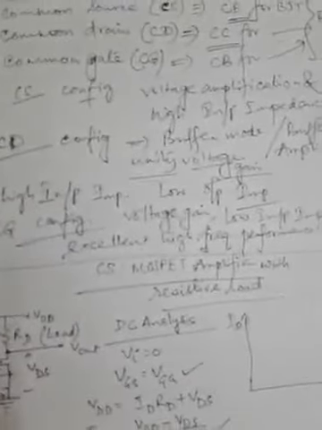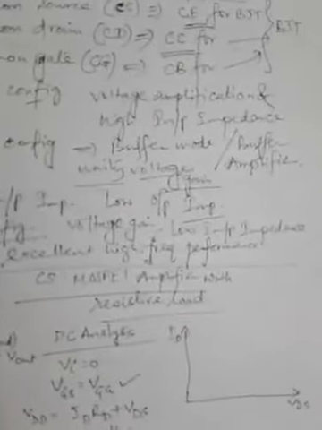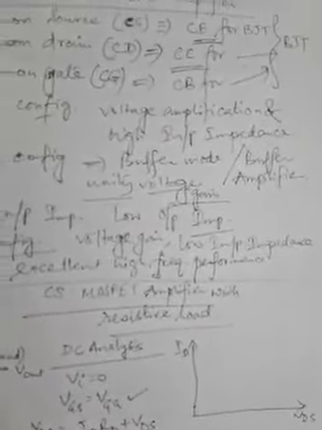So now we have two equations, one from the input loop, or the input circuit, and this one for the output circuit. This is the input equation and this is the output equation. In many ways they can be named. Now if we draw the VI characteristic curve, that is the static characteristics, considering VDS across the x-axis and ID across the y-axis, how does it look?